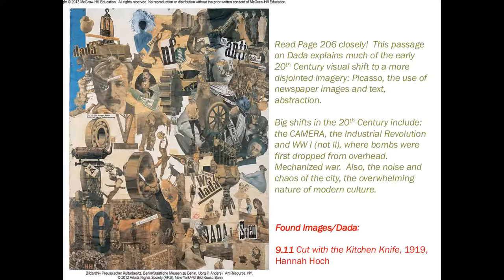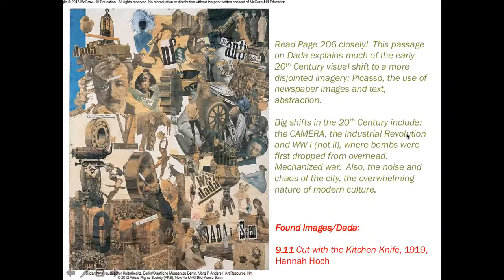There's a lot of isms in that early 20th century. There's a lot of changes in the world, a lot to do with the camera listed here, Industrial Revolution and World War I. A lot of people think it's World War II, but World War I was the first war where overhead bombs were dropped on people. We did not have planes in any kind of real, meaningful way. We had a few odd planes, but airplanes in a heavy way used militaristically. That's World War One, so it's a big deal and it's very upsetting, and it shifts the perception of the world. Definitely, it's a big change.